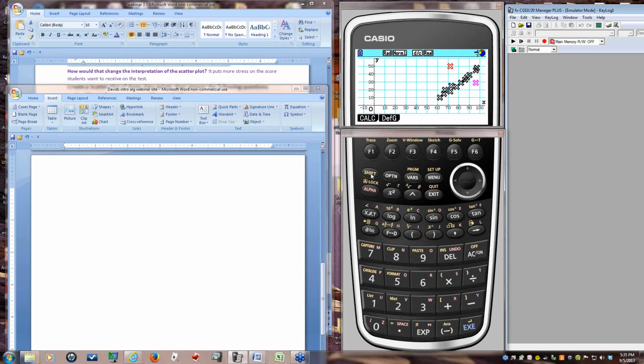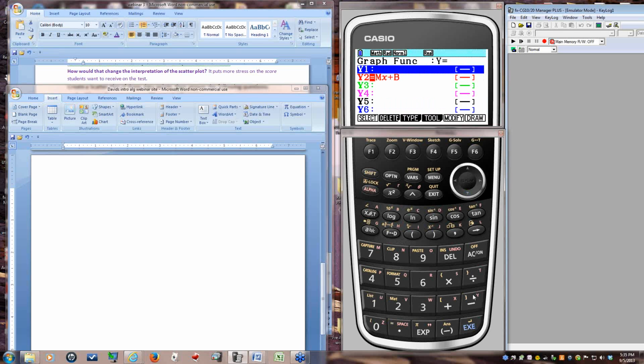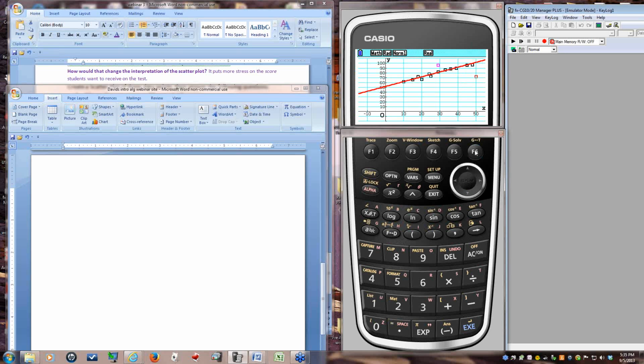So I'm going to jump in. If I was not using the activity, I would just hit menu and go to graphs. But I am in the activity, so I've got to get out of that. I've got to go down and redo my line of best fit. Now, I still have the old picture. If I were to draw something right now, I would not get the new graph. I would get the thing I had up there last.